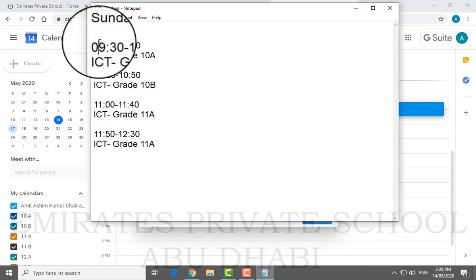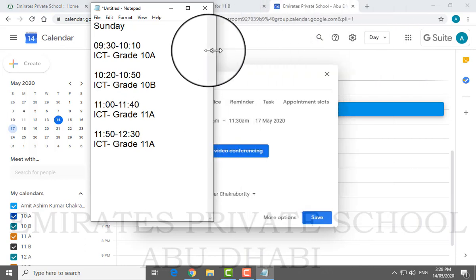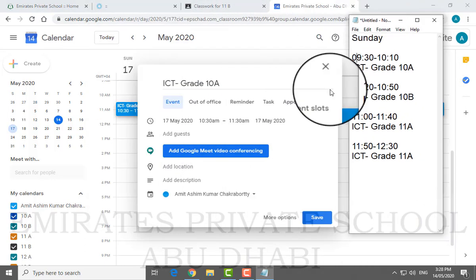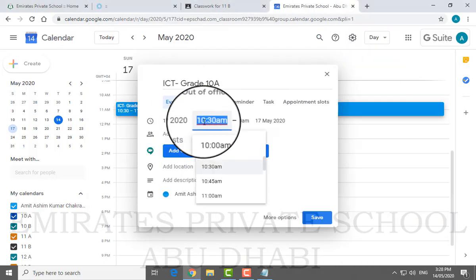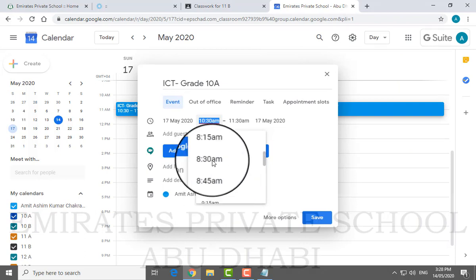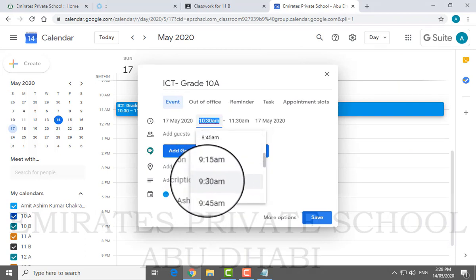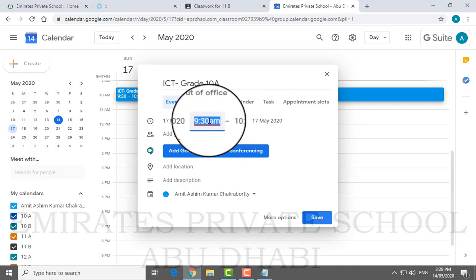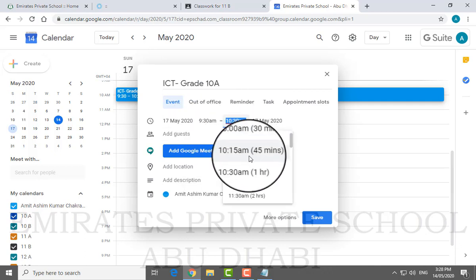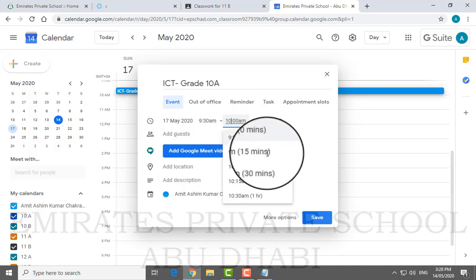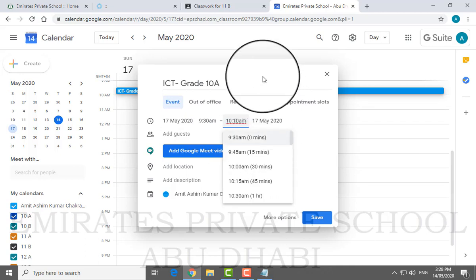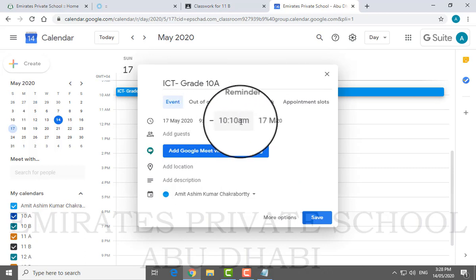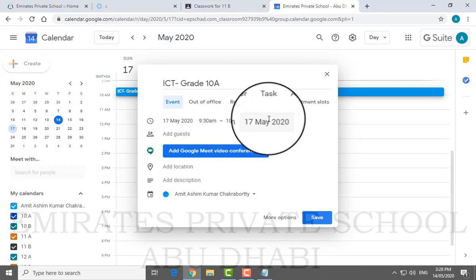It starts at 9:30 and it ends at 10:10. So I select the time, whatever the ready-made times are over here. I said 9:30 is the start time. Now 10:10 is not there, so I select the 10 and manually type here 10:10. So now I selected 9:30 to 10:10 on 17th of May.